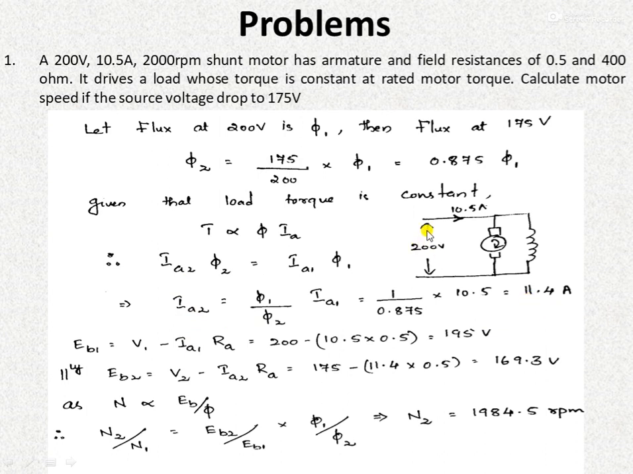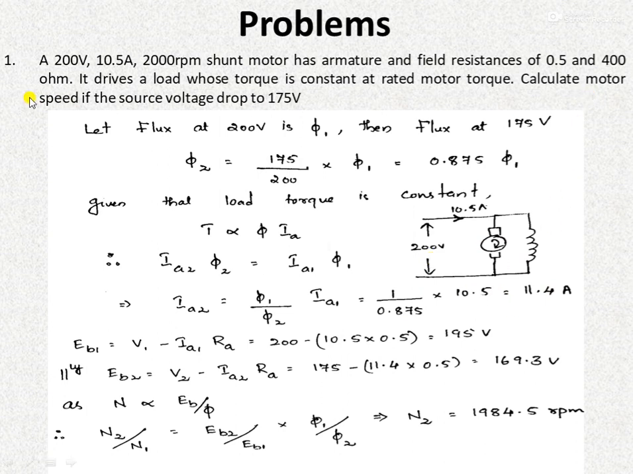So when we provide this machine with the 200 volt, that is in the rated condition, the machine is taking 10.5 ampere current from the supply. While we have reduced the supply voltage to 175 volt, the machine is taking 11.4 ampere current from the supply. Now after calculating the value of Ia2, the current taken by the machine when we have reduced the voltage to 175 volt,